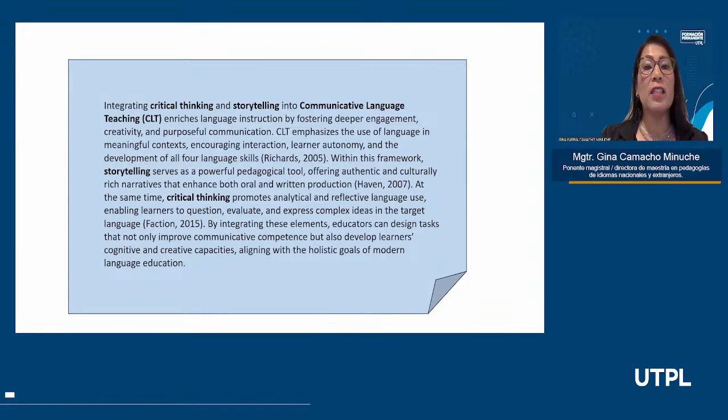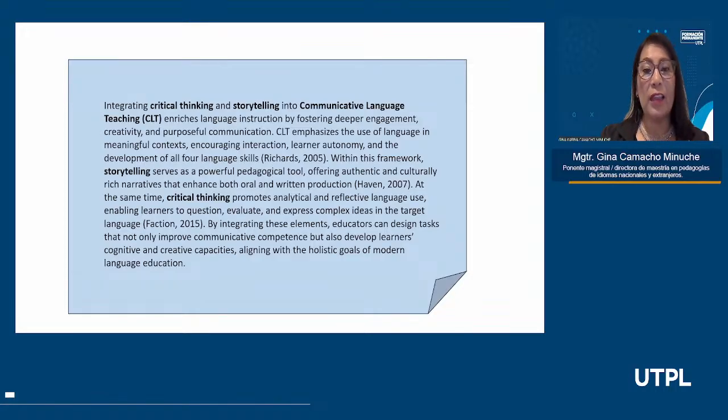It encourages interaction, learner autonomy, and the development of all four language skills together, according to Richards, 2005. Within this framework, storytelling serves as a powerful pedagogical tool. As I have told you, you can create any kind of story considering the lesson you are going to teach, just by introducing the students with a question.